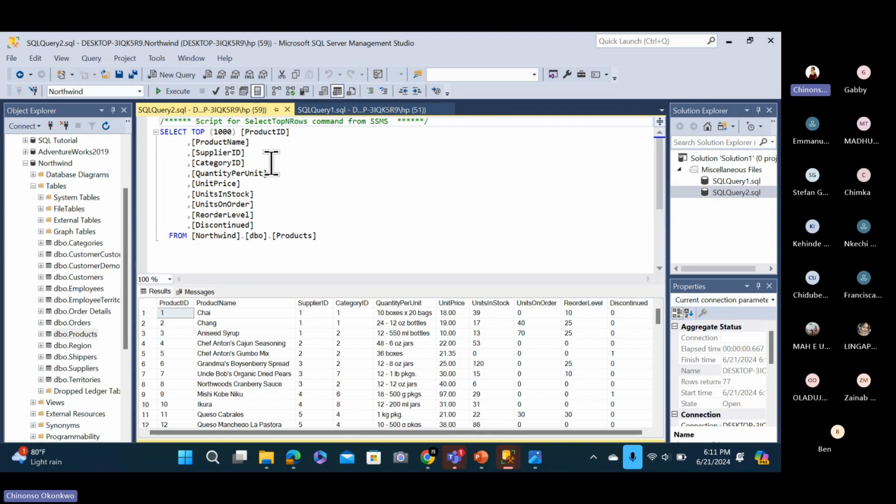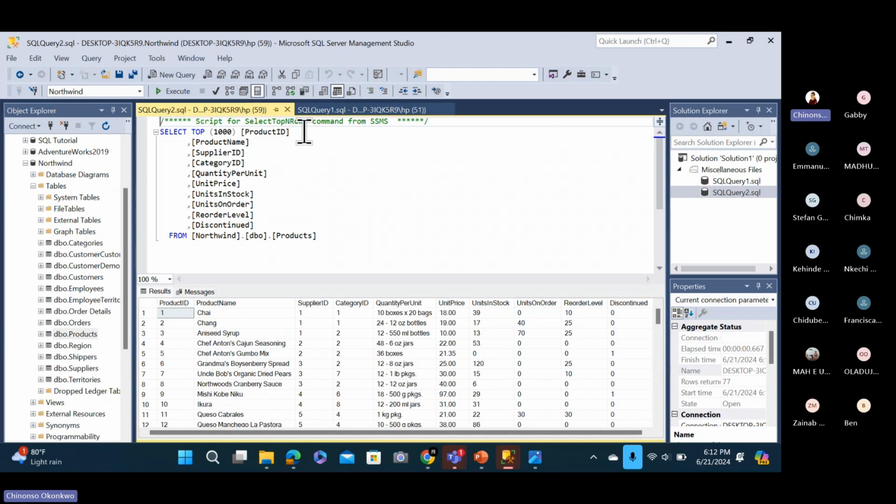This brings me to explain what this is, which is a comment. If you are seeing code, you see that sometimes people comment out lines in their code so that when they come back to it, they understand what the code is actually doing. So it also serves the same purpose here. You want to comment out what your script does. For instance, this one is selecting the top N rows from the SQL Server Management Studio, which is